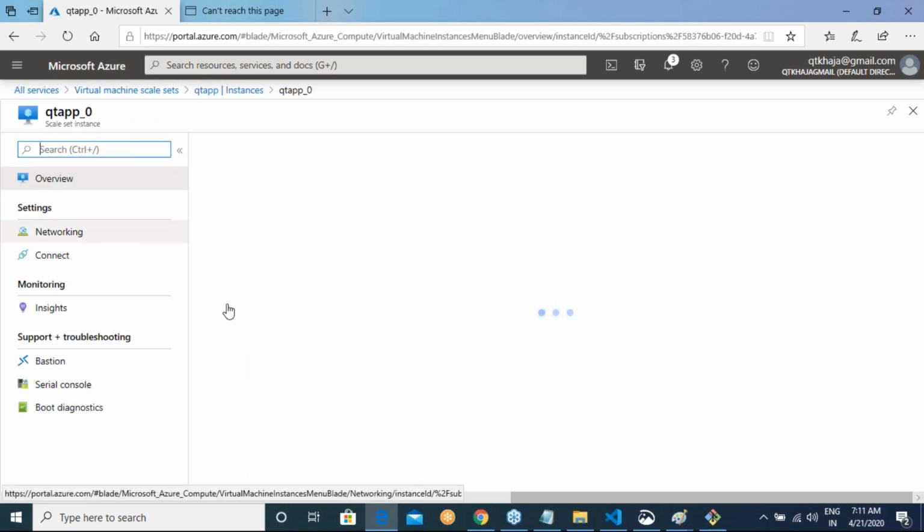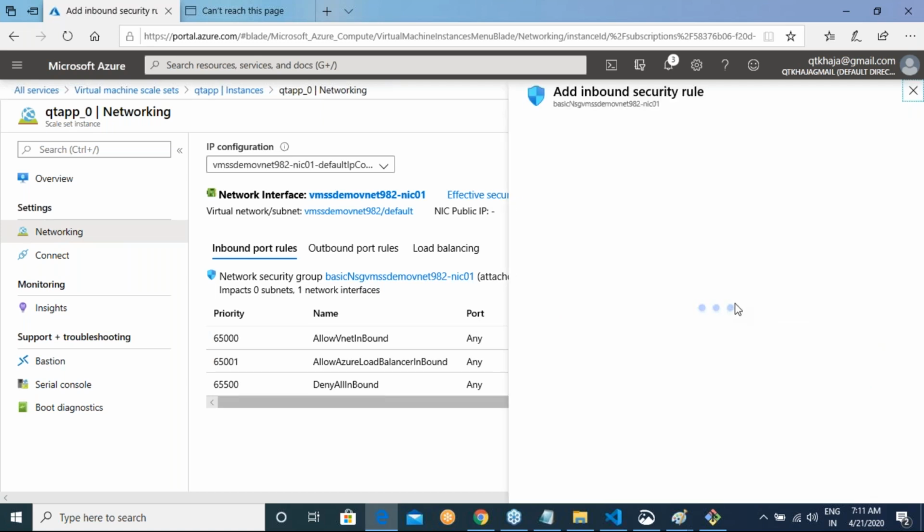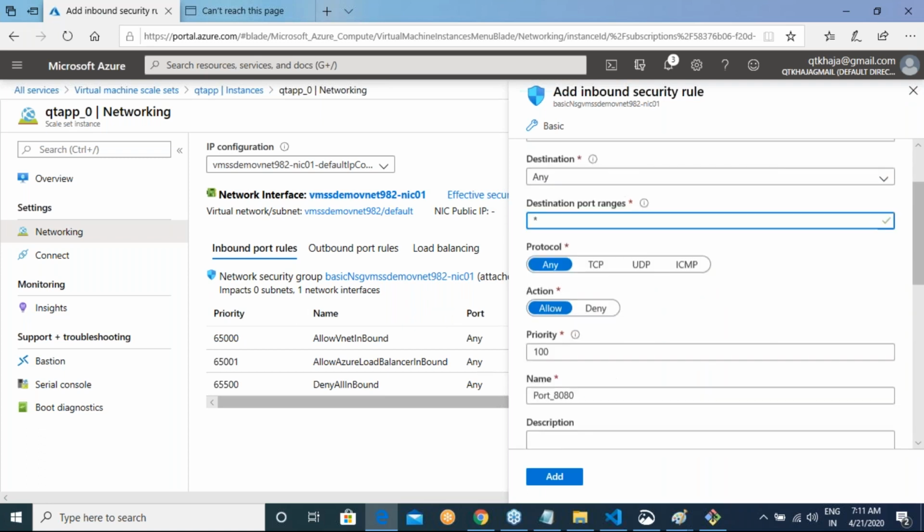And this has networking also. In networking, let me add one rule, which says, I'll not put it as 100.